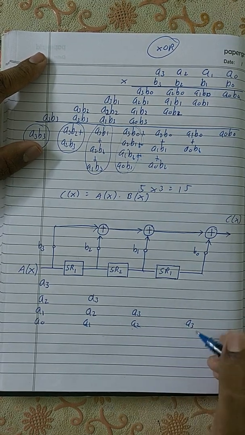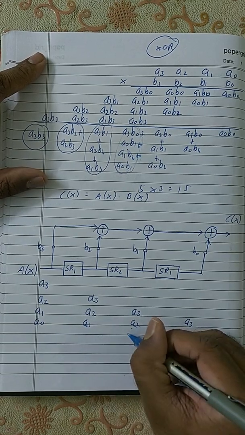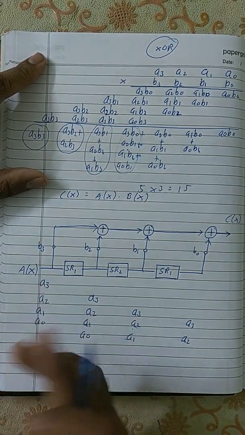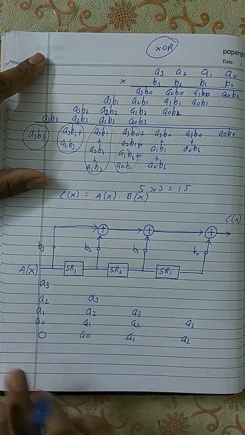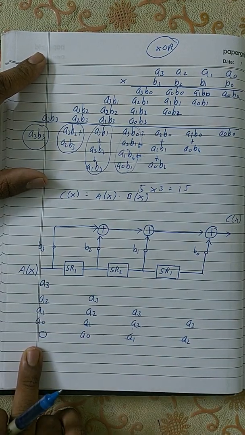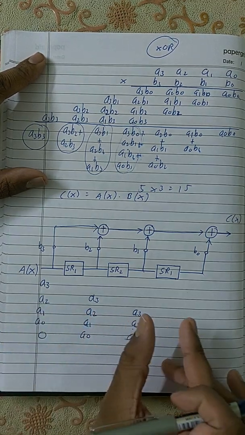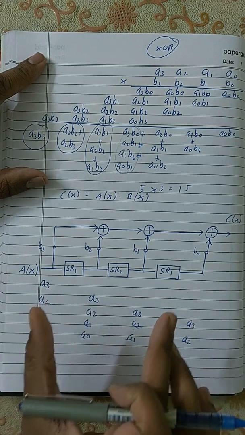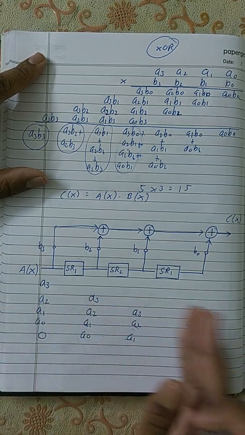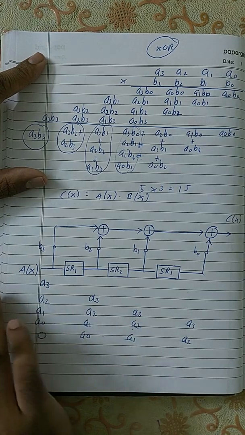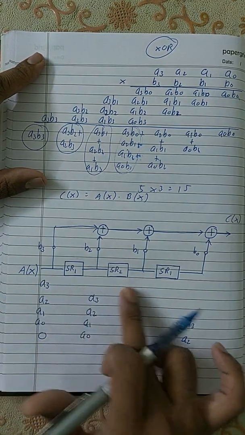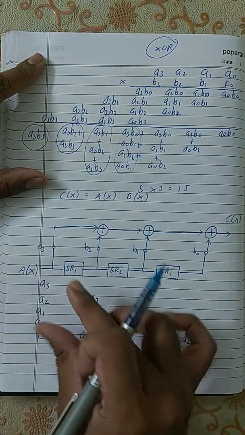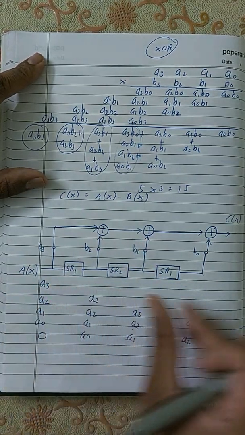And then A2 will be shifted over here, A1 will be shifted over here, and A0 will be shifted over here. And here there is no other input to shift, so you will be shifting 0 inside. The reason you are shifting 0 is that after transmitting all the input, the shift registers still contain some more answers. In order to flush those answers out, you will be transmitting zeros into it. Since there are 3 shift registers, you will be transmitting 3 zeros after your input, in order to get the remaining answers from the